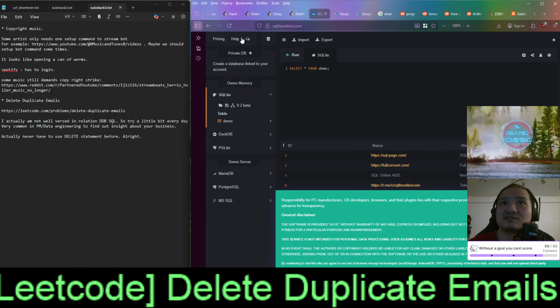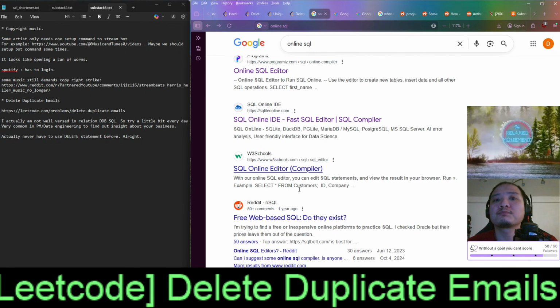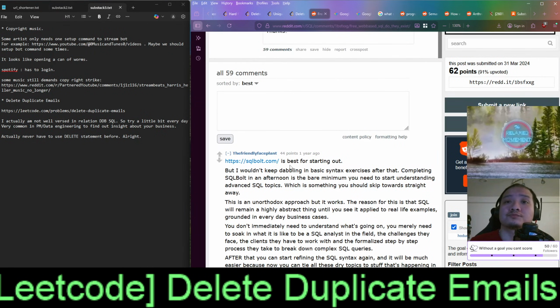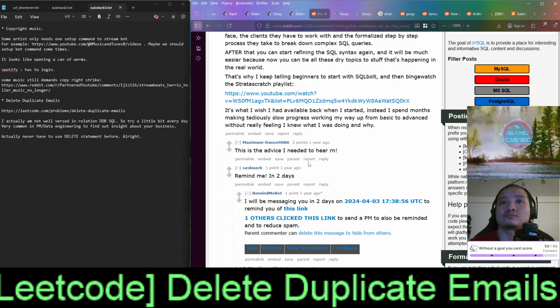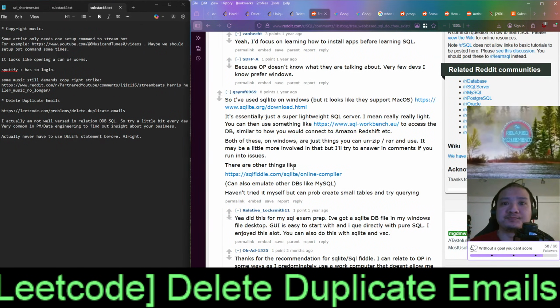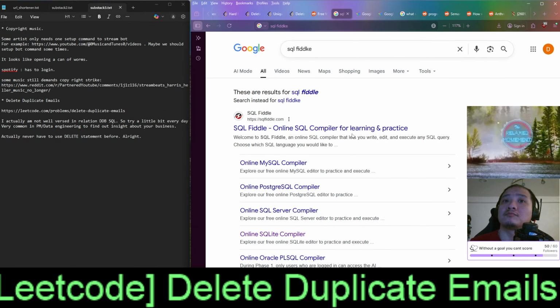Is there a way for us to add the table? SQL Fiddle. It's gone. What? 500.